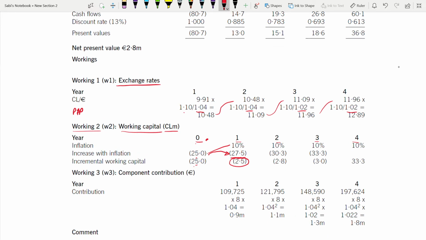But we already have 27.5. So how much did it increase? From 27.5 to 30.3, it is 2.8. From here to here, this increase is 2.8. Next, from here to here, the increase is 3. Okay. But when you're coming to the fourth year,